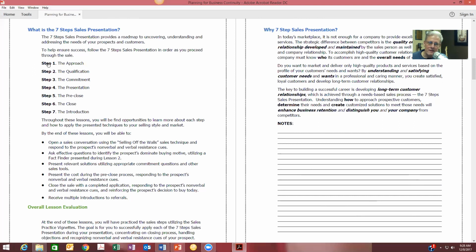We act like the entire process is made of separate steps that are not integrated and a part of each other. The truth is, the close starts with the very first contact. And you're closing throughout the process. From setting the appointment all the way through, that establishes the tone of the process, and that is how you set the close up. So the pre-close is talking about how to pivot from your sales presentation, integrating the commitments, to start the pre-close. And that takes you right into step 6, which is the close.